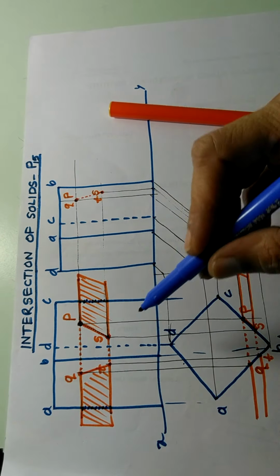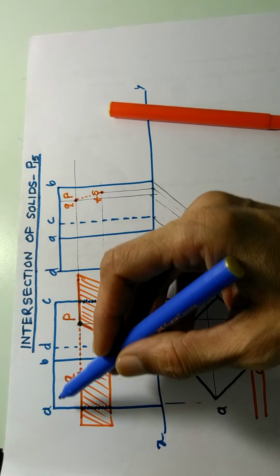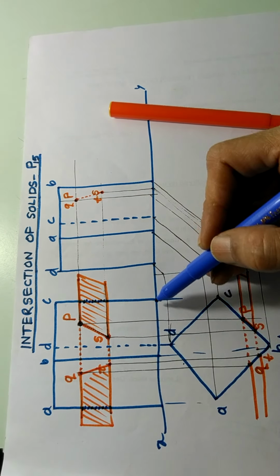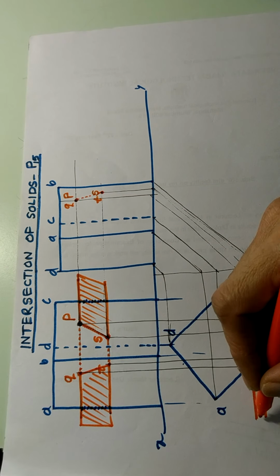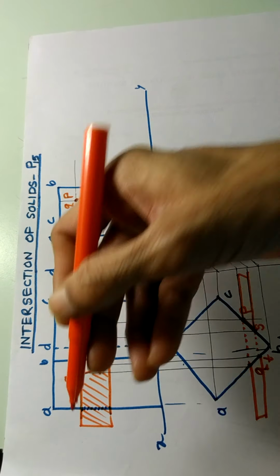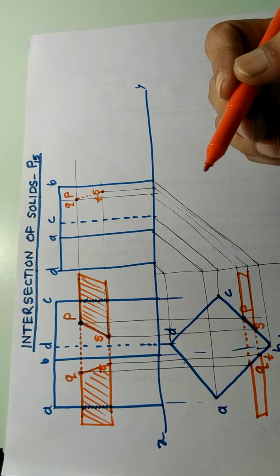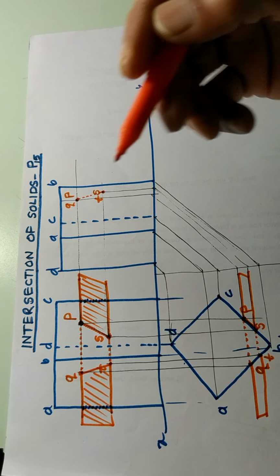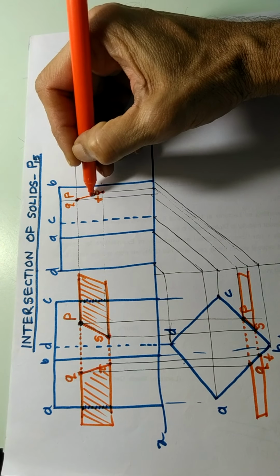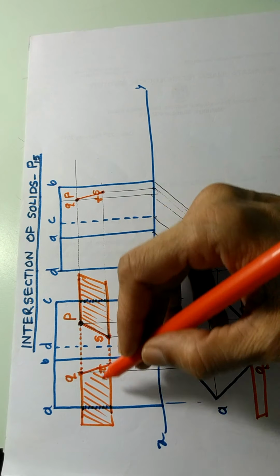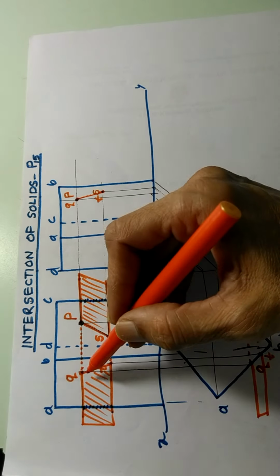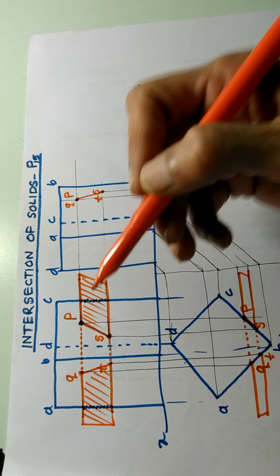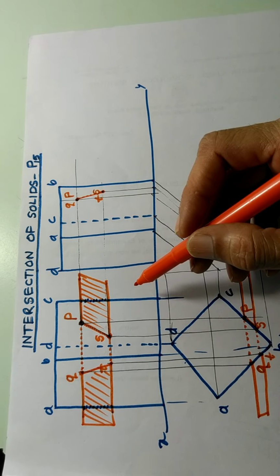Okay. So what we have now drawn is the intersection of a solid, that means this square prism, with a plane. So this is a plane which has intersected the prism like this. And that same plane is seen like this in the side view. So side view, front view, top view, and the plane has gone inside from here and it has come out from here. Okay. So I'll just revise what we have done.